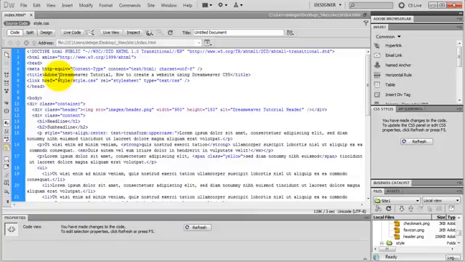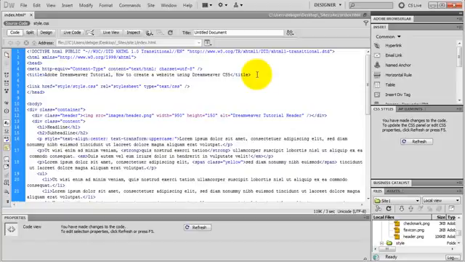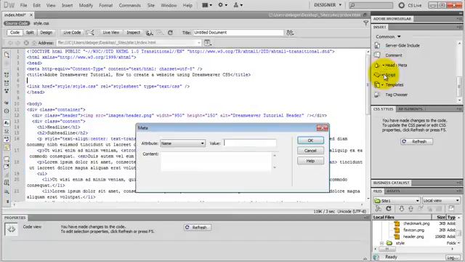Okay, I also need a description meta tag, which can also show up in the search engines right below your page title, so it also has to be relevant to your page. I want to insert it after my title tag. I go to my insert panel, and down here I have my head. I need a meta tag. Okay, in the value field, type in description. Don't misspell it. And in the content field, type in your own description,